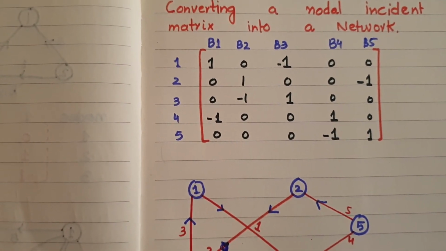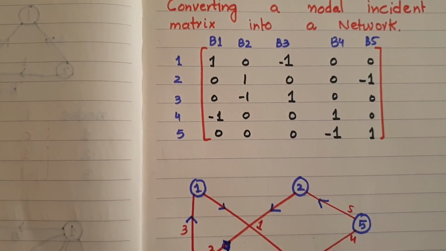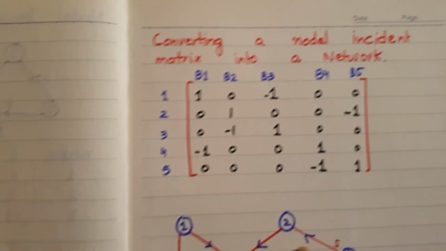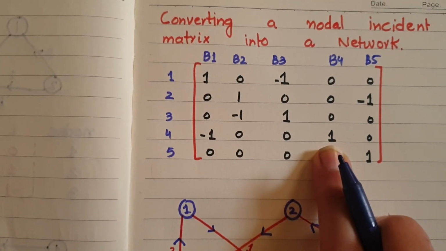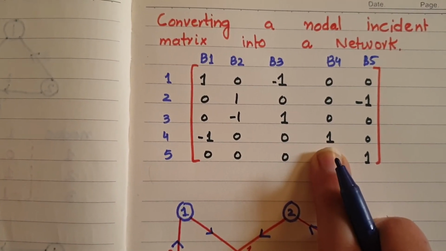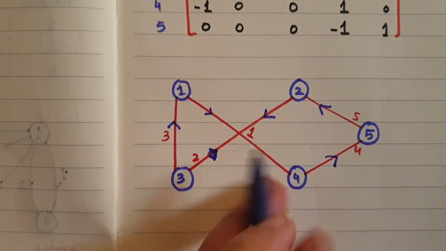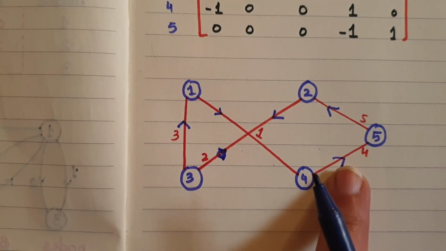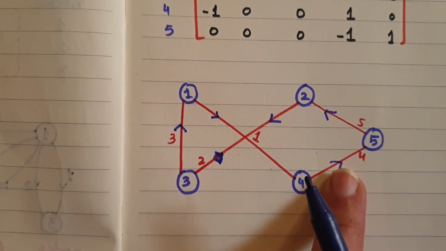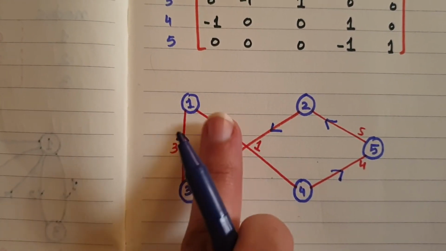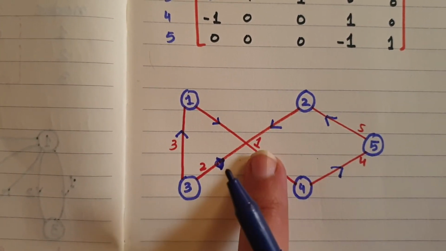Now what we are left with is to determine the direction of branch 4. So let's go to branch 4 directly. Branch 4 at node 4 is leaving. All right. The direction has been mentioned correctly. So in this way, the directions of all the branches have been determined.